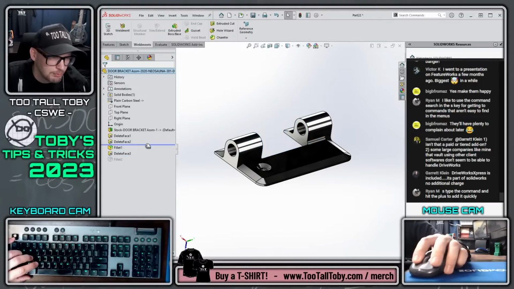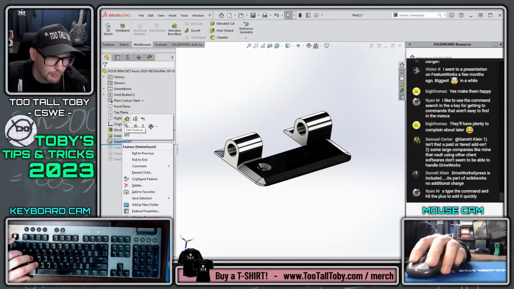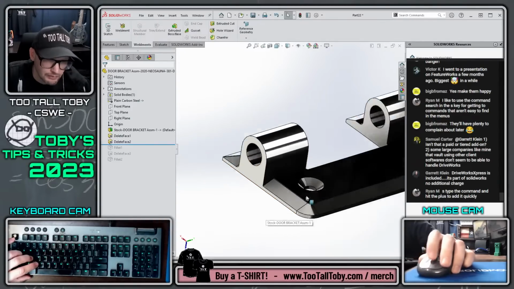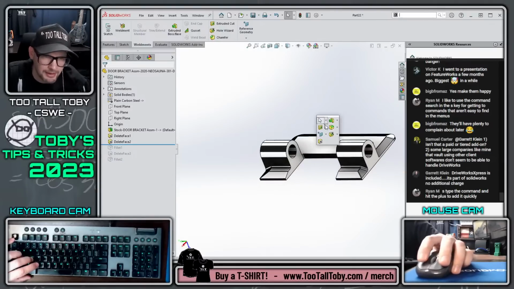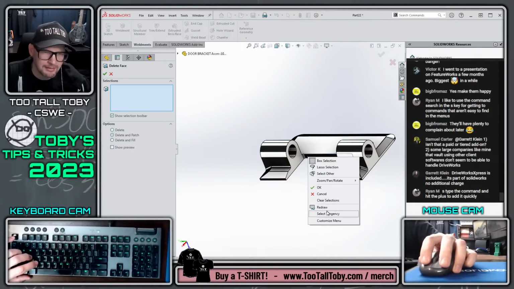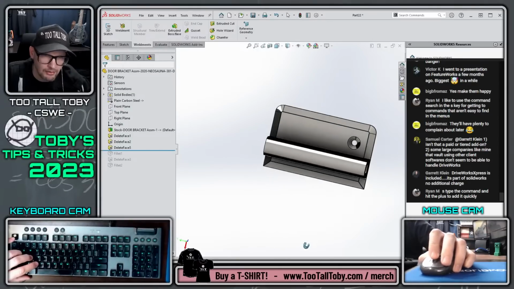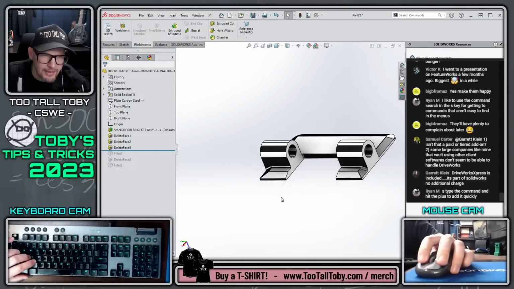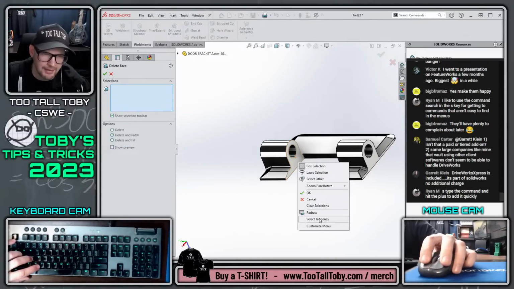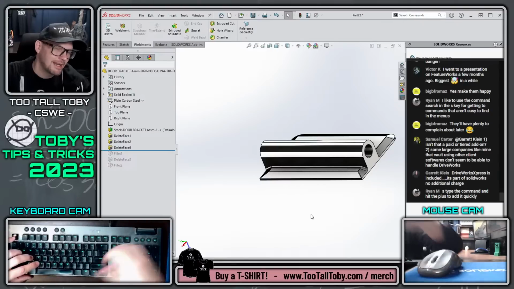So let's go before that. And let's just use this one single feature here to delete these. And I'm just using a right mouse button to finish there. So we'll do delete face, and I'll do a right mouse button, select tangency. It's another good shortcut. There we go. And then right mouse button again. So for that one, it was S key, delete face, right mouse button, select tangency, immediately right mouse button, boom, ready to move on with that